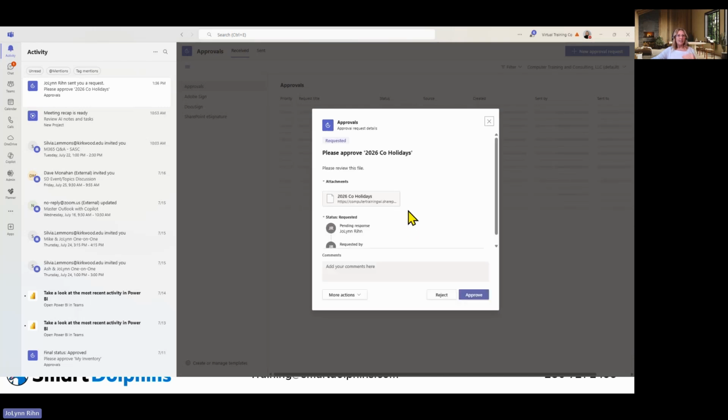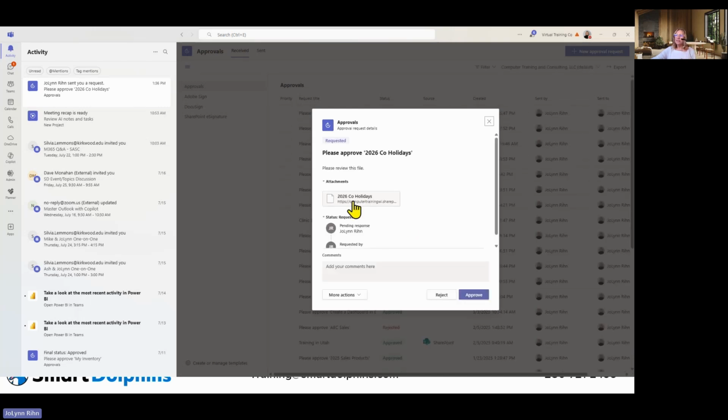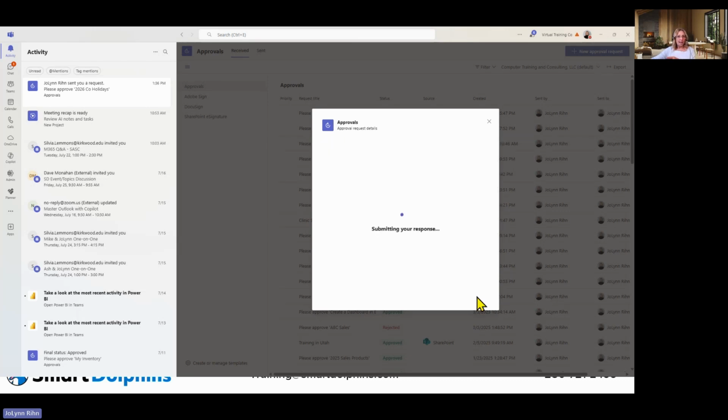It's going to show me the status. It gives me a link to the file. I'll go out and review the file. Then I can come back in here and I can add comments, like add one more, then send to all employees, or whatever you put, your notes back to the person. Click the approve or reject, they get notified again,